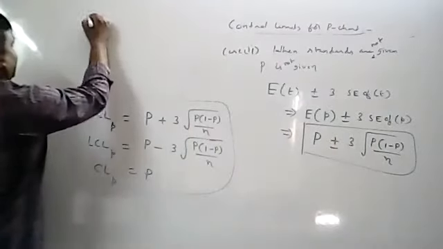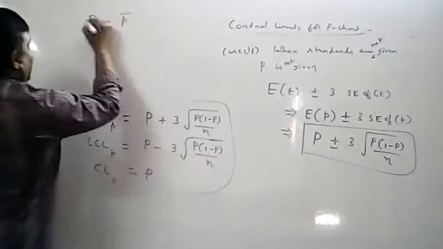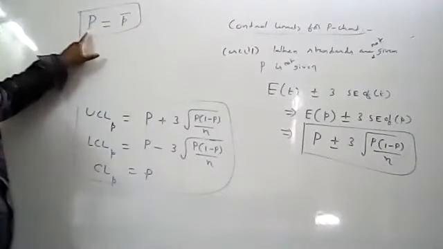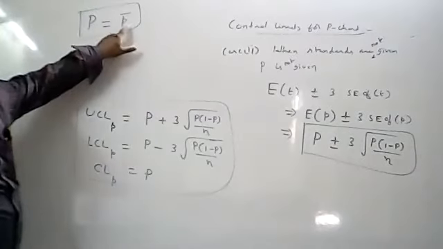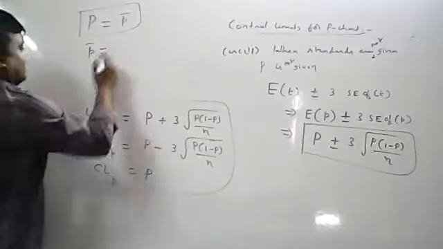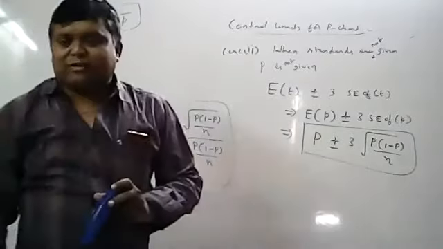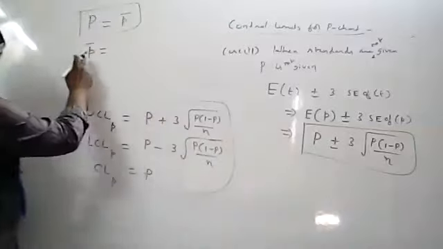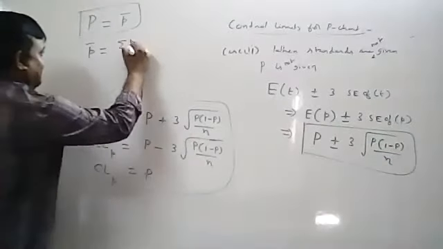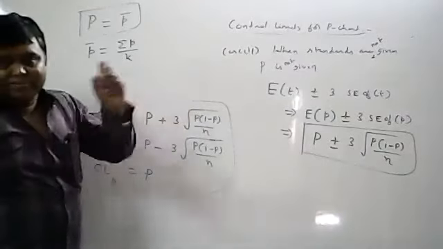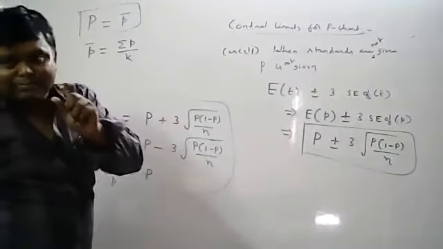Then capital P can be estimated by using small p bar. If capital P is not given, then you can estimate capital P by using small p bar, where the small p bar formula is like the x bar formula. All of you know what the x bar formula is? Summation x by n. Y bar formula, summation y by n. Now the p bar formula is summation p by k. Each sample n is the number. N is the sample size.